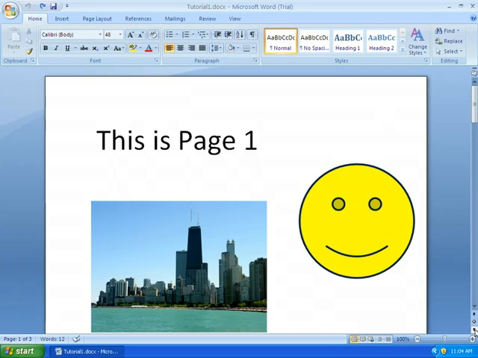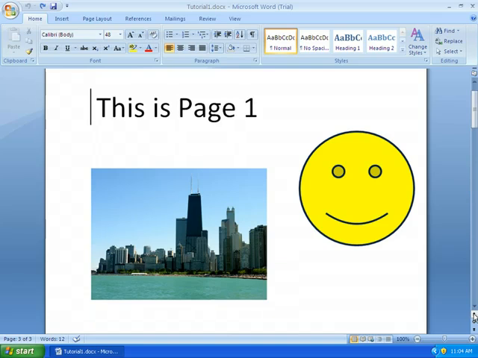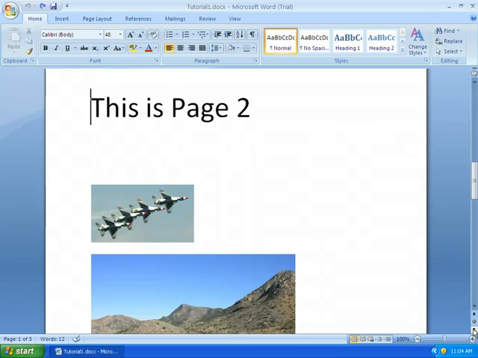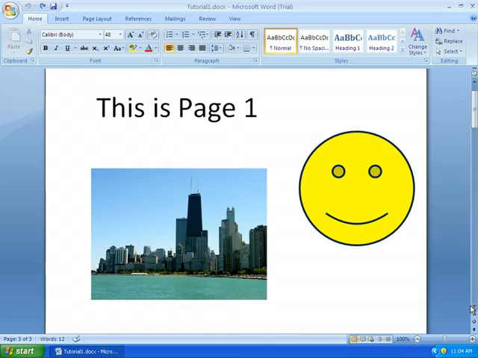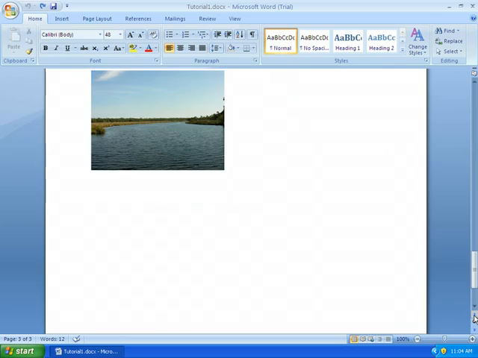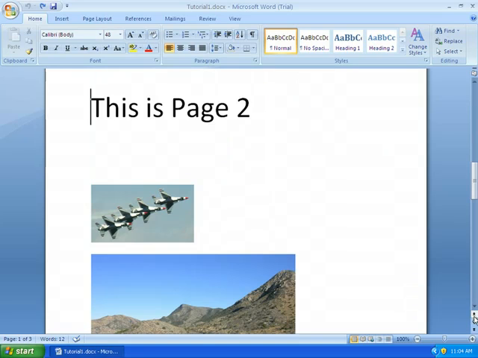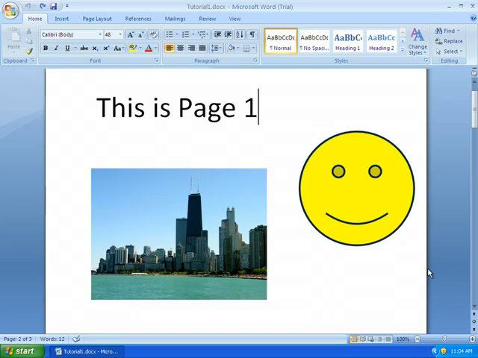Moving on, below the scroll bar, I have Next Page and Previous Page, which allows me to go quickly between pages. If I would like to change the settings, I'll click on Select Browse Object, and I can change the setting here to Graphic. And now when I click on the two buttons, I can move from one graphic to the other. I'll change it back to Page,